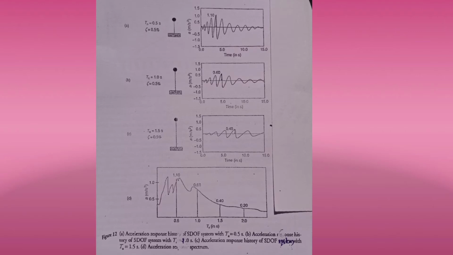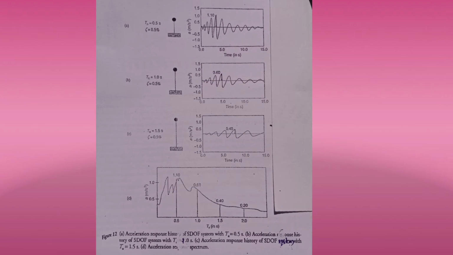Therefore, the acceleration response of the mass will be the same as the acceleration of the ground. The response acceleration at Tn equal to 0 is therefore termed as PGA, that is, peak ground acceleration. Here in this figure you can see the bottommost